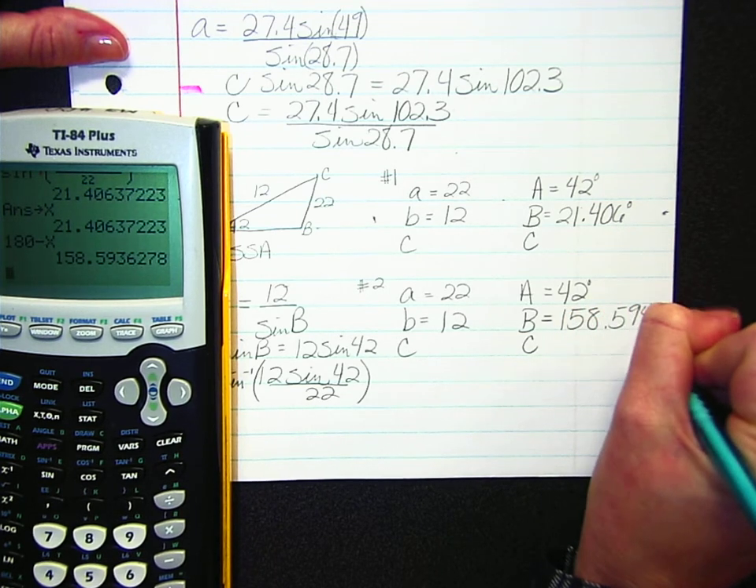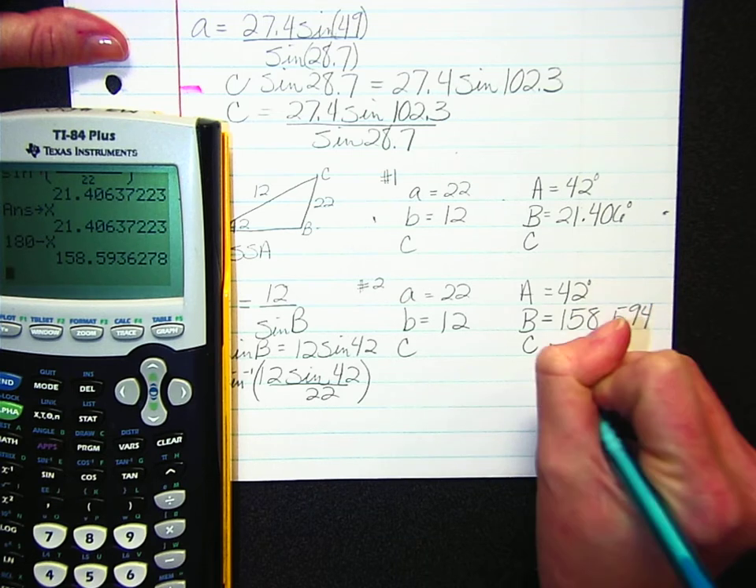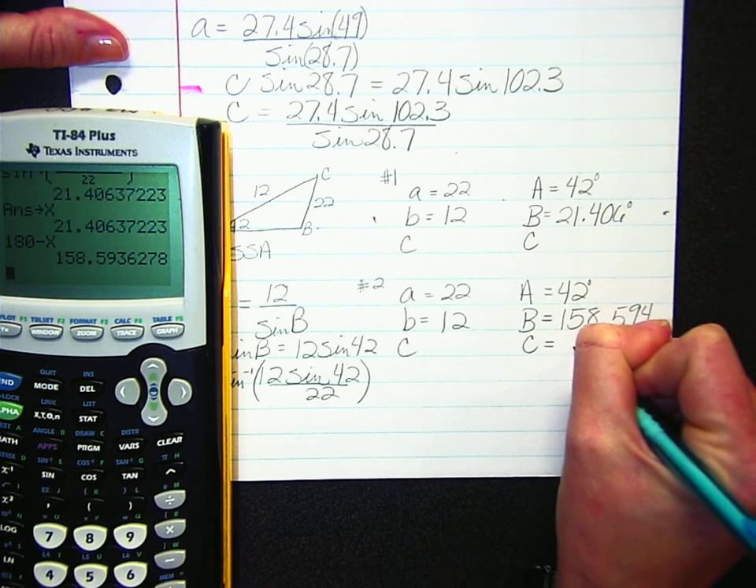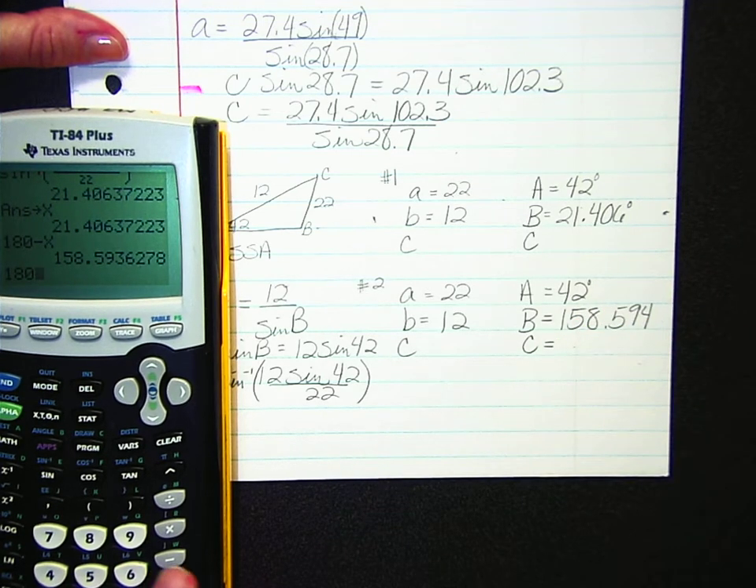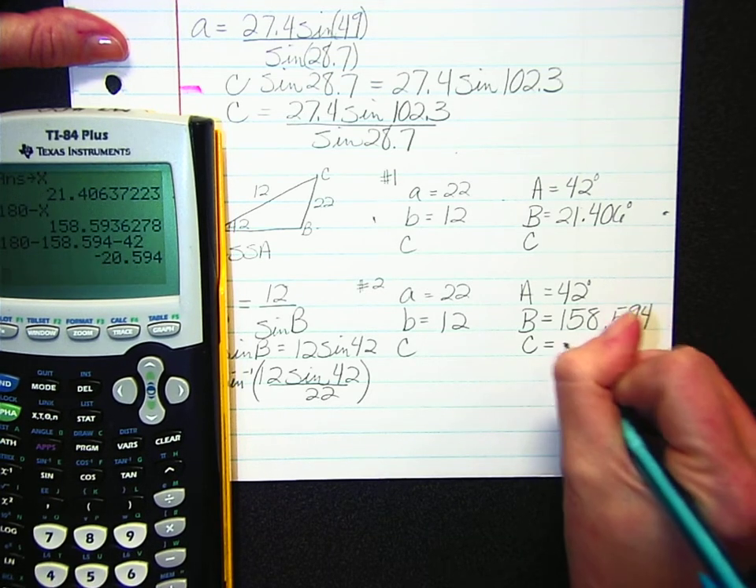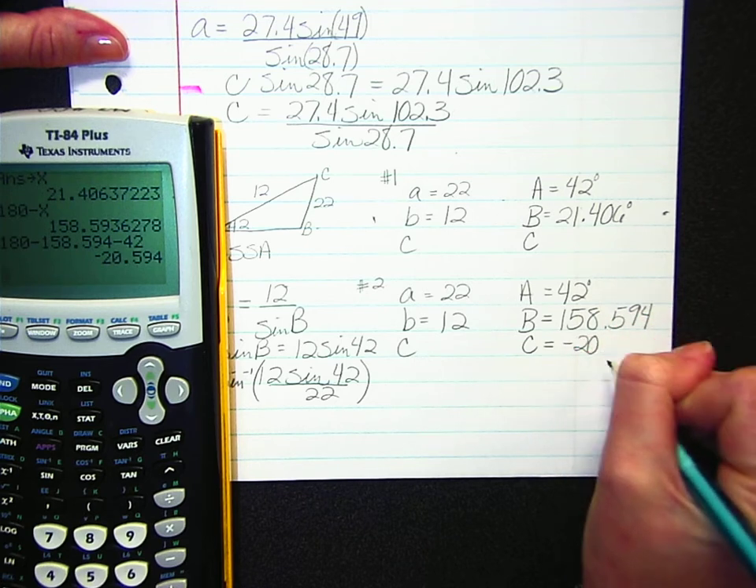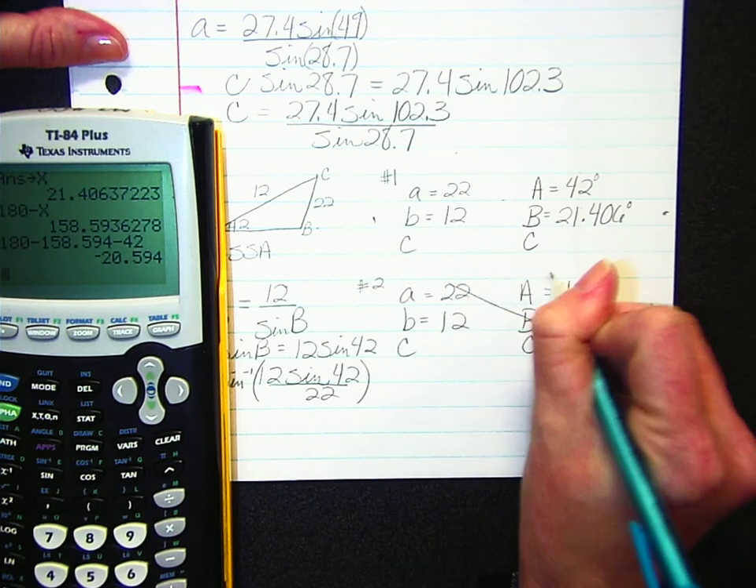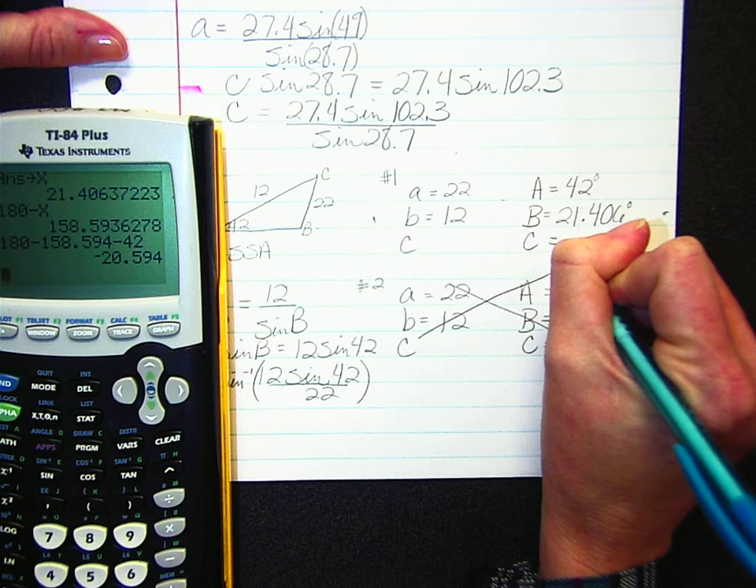And that gives me 158.594. So here's where we run into a problem with the second triangle, because if I go to find C, I know that the three angles of a triangle should add up to be 180 degrees. And on this one, I'm already at a negative angle right there, which we don't talk about negative angles with triangles. So I only have one triangle that exists on this one,